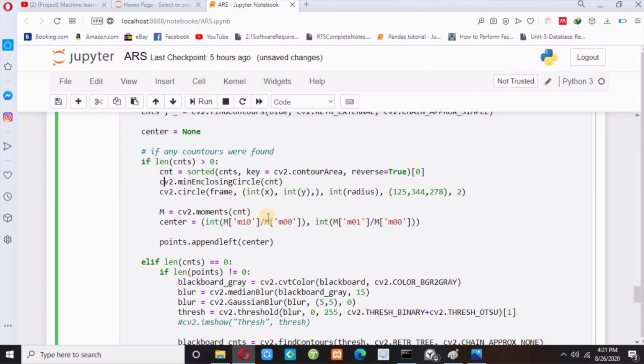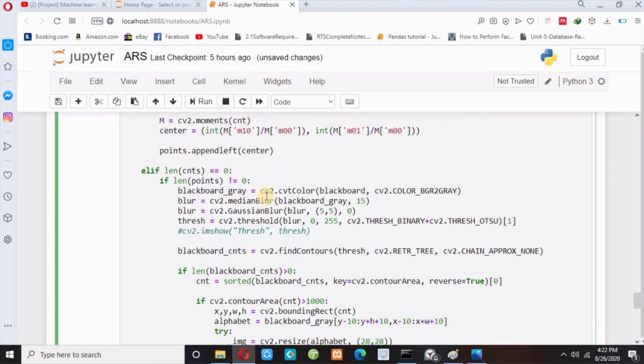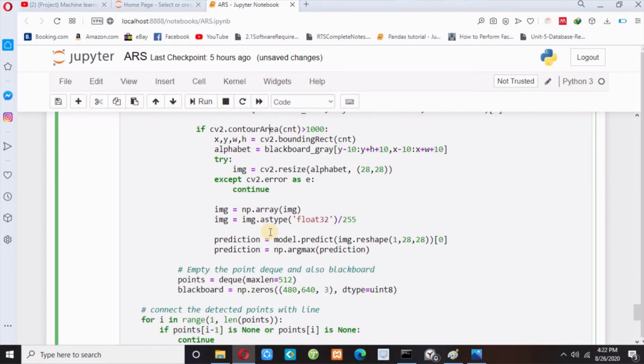So it will give us the xy coordinate, x comma y, and then the radius. So this function will give us the xy coordinate and radius, and we have passed it over here. Okay, now let me check this once again. So shift enter.